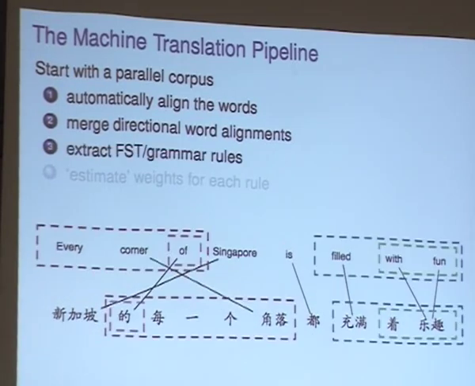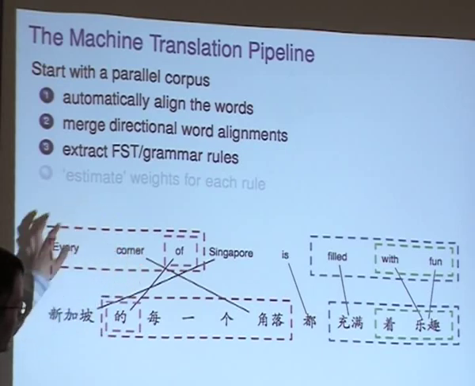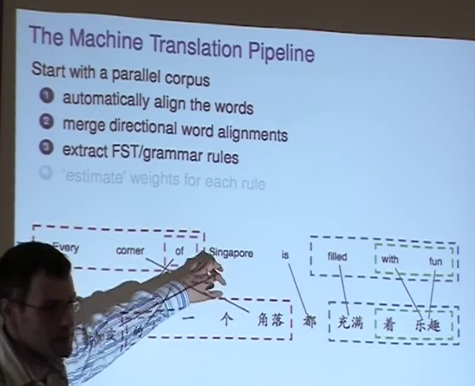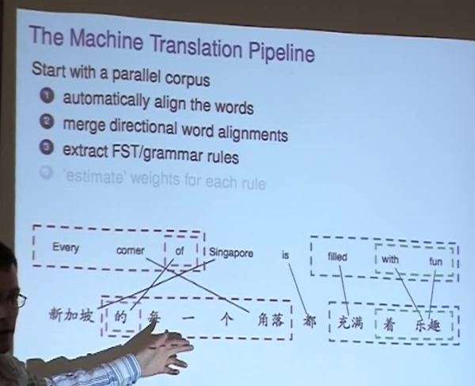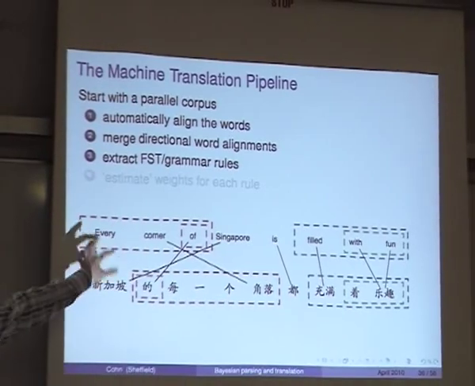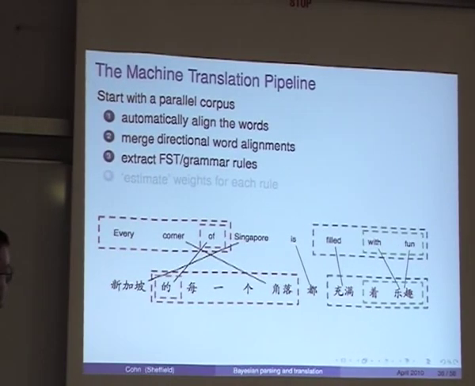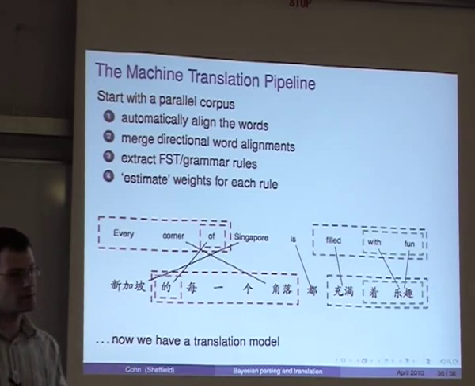Once we have this, we then extract some kind of grammar from them. It could be a finite state machine, it could be a grammar transducer, or various other things. And what we do is basically we extract n-grams from this data, and they're consistent n-grams on the other side after projecting through the alignments. And these form the rules in our approach. So here are just a few of the rules shown in color here. Then we estimate weights for each of these rules. So each of these will have a number, and then we can use these to translate.